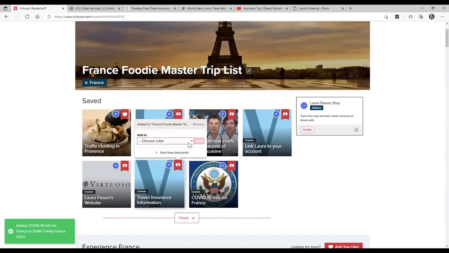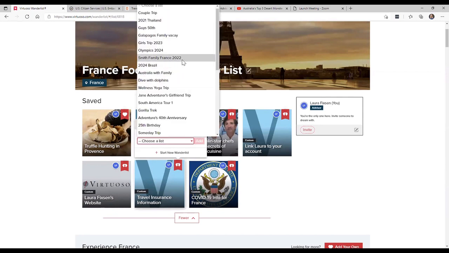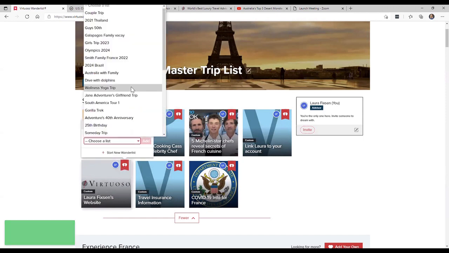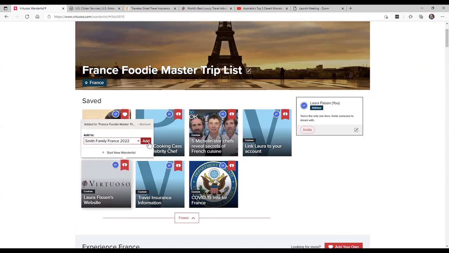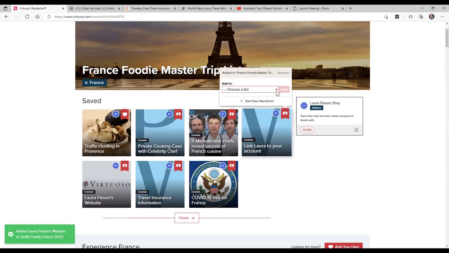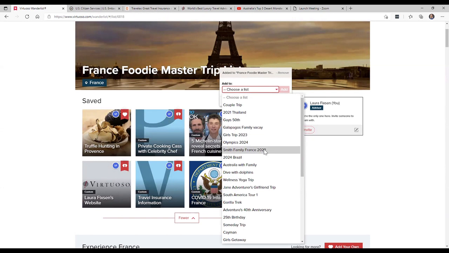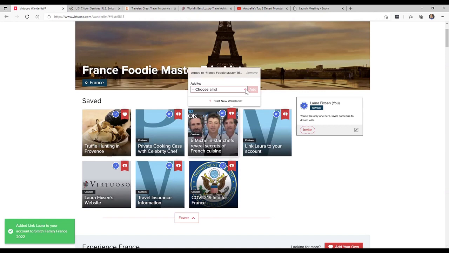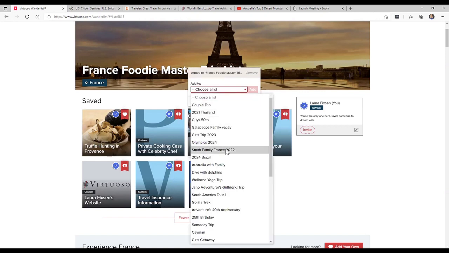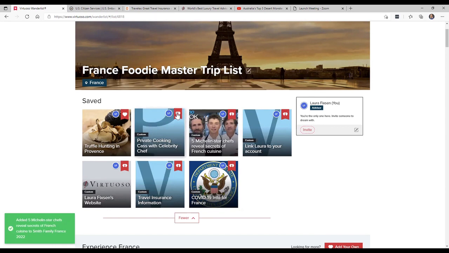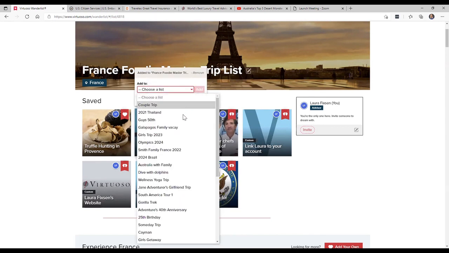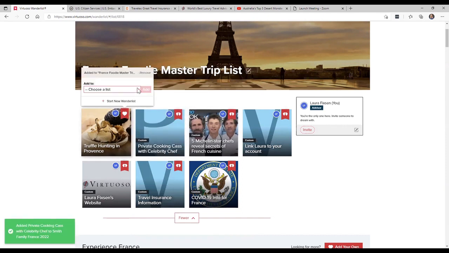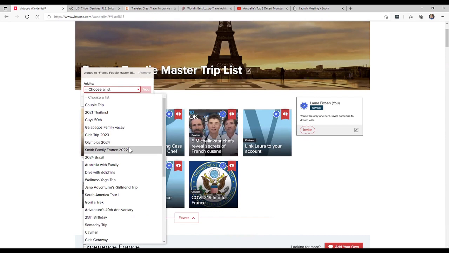Click the heart, add it to Smith family France trip, add. Click the heart, add it to Smith family France trip, add. I will do that for every tile. You can see it's taking me seconds instead of having to find that website, copy it, hit the add your own button, and switch the title. So it's saving me a ton of time. Again, I'm just going to do it for every single tile in order. Hit the heart, add it to, drop down menu, Smith family France, click add. And the last one, which is from the collection, click Smith family France and add.